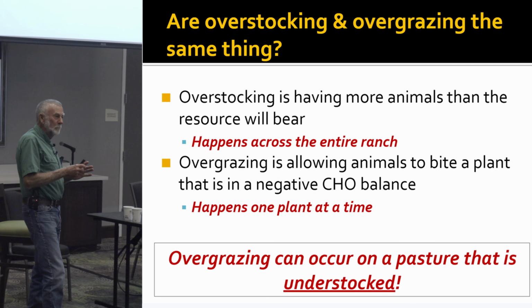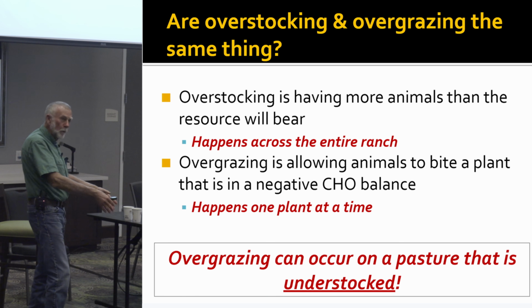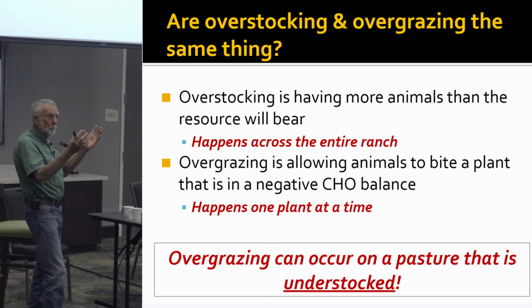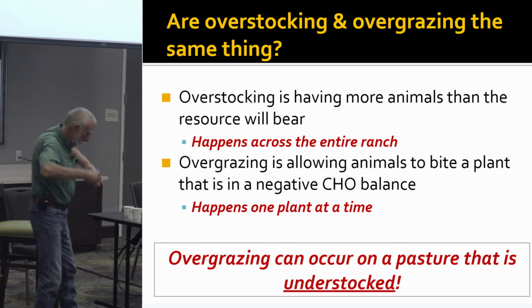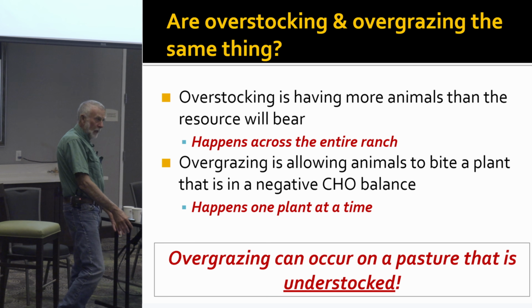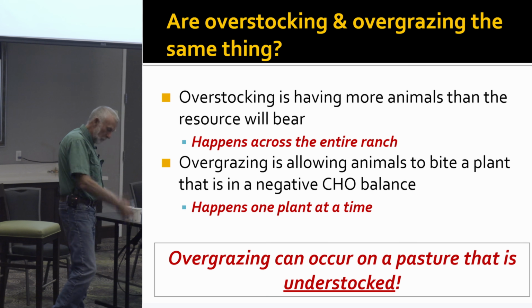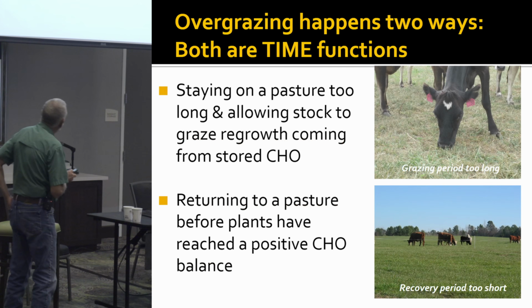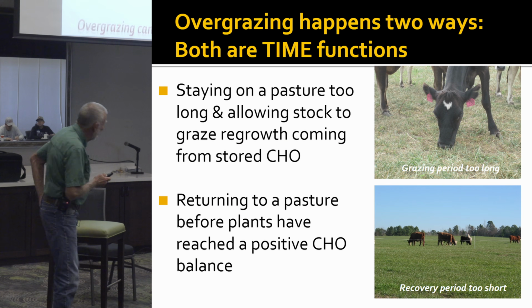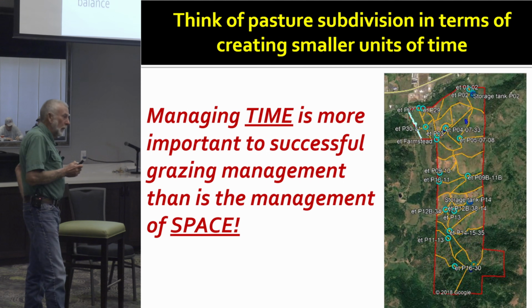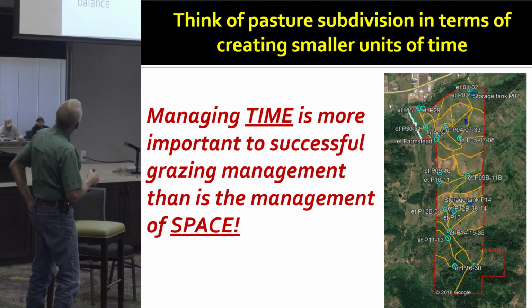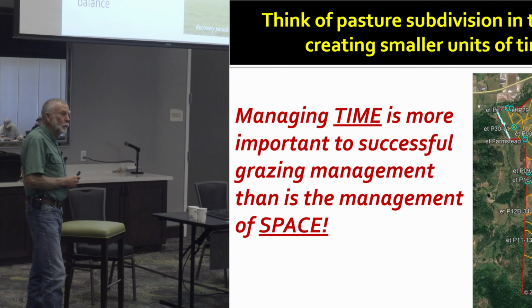A positive carbohydrate balance, we have more energy moving downward in the plant. We're supporting new plant growth up here, but we have excess energy that can be fed to the storage organs of the plant. Expand the root system, grow down there. So overgrazing happens one plant at a time, and there's two ways that it happens. Either the animals stay on the pasture for too long, and so we have growth coming from stored energy that is being bitten off as it comes, or we may have removed the animals from the pasture, but then we brought them back